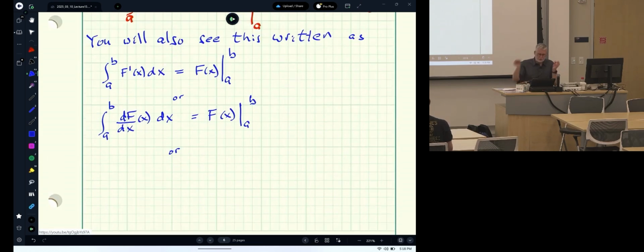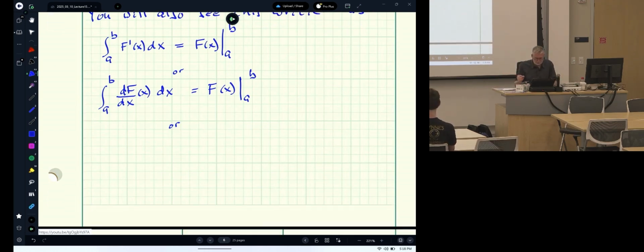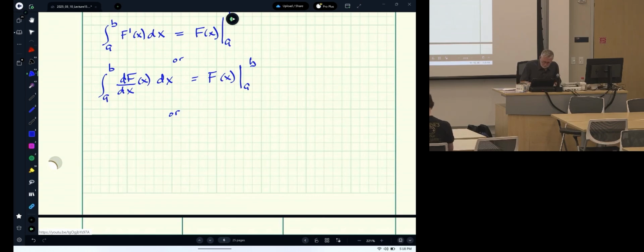All these are saying integration undoes differentiation. Integration undoes differentiation. And then sometimes, in more advanced books, you'll take the dx's and cancel them, and then write it as the integral of the increments of f of x, differential f of x, is equal to